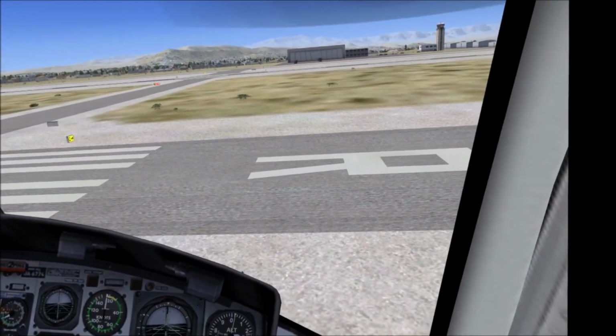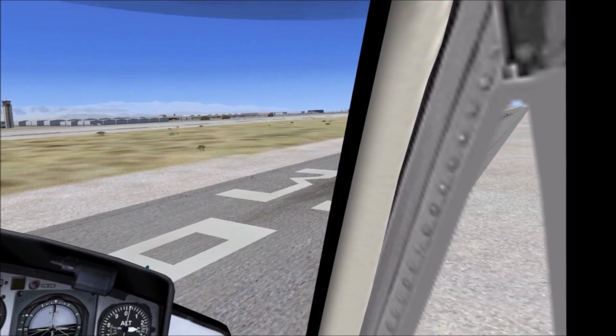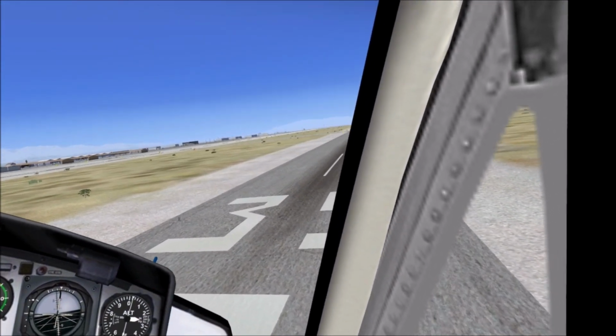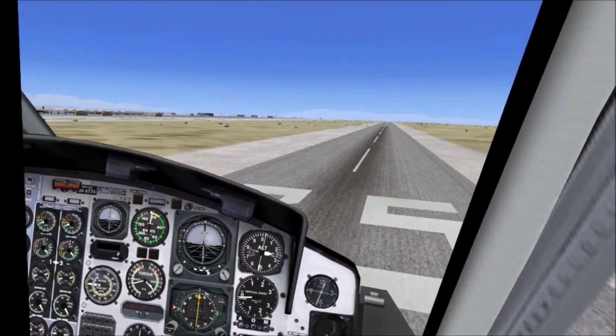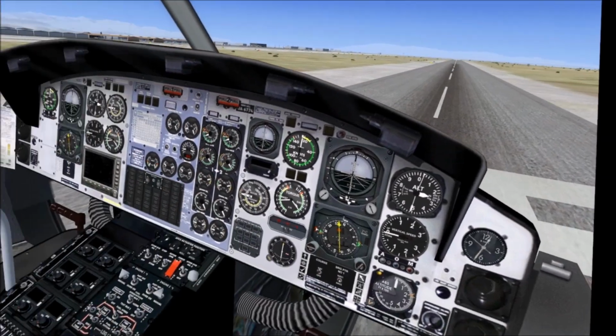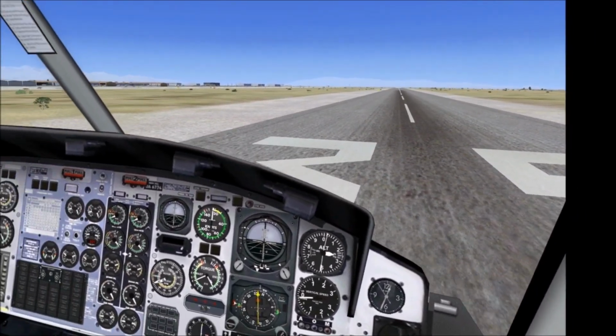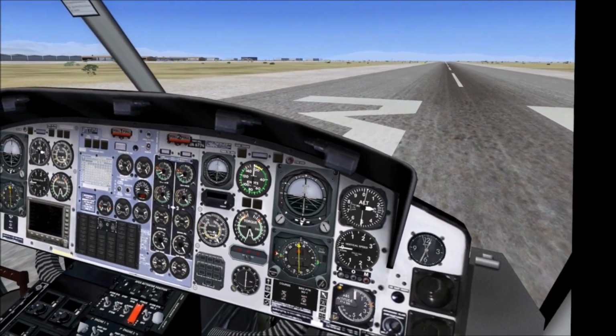This feels so sloppy. Okay. So we're going to try from a hover. I'm going to roll the throttle off and see, and we're going to keep an eye on our triple tack there, and we're going to see how that gauge behaves. So what we're expecting to see is